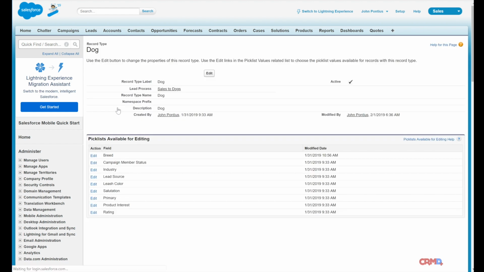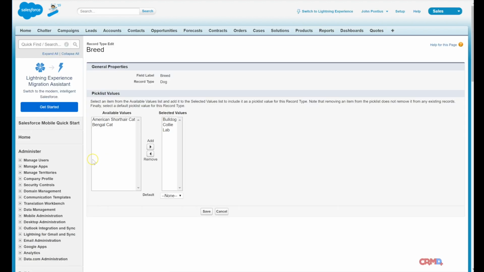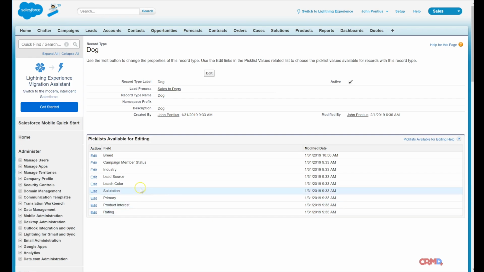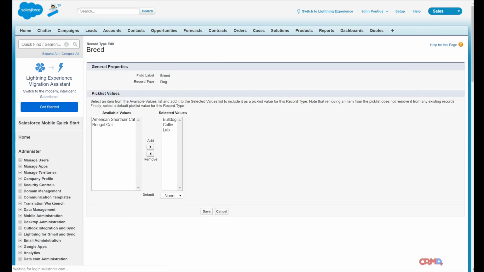Let's start with dog. I'm going to click on this. And you can see this is where I'm able to select that breed pick list field and the values that are within that field. So if I'm looking at breed here, I'm going to click edit. And you can see this is where you're able to select for the dog, at least, which values will appear. I have bulldog, collie, lab. I'm going to click save. I like how that's laid out. I'm going to click back,